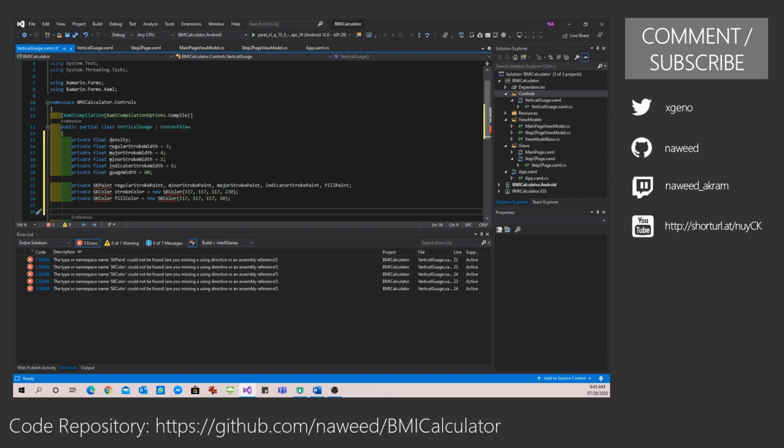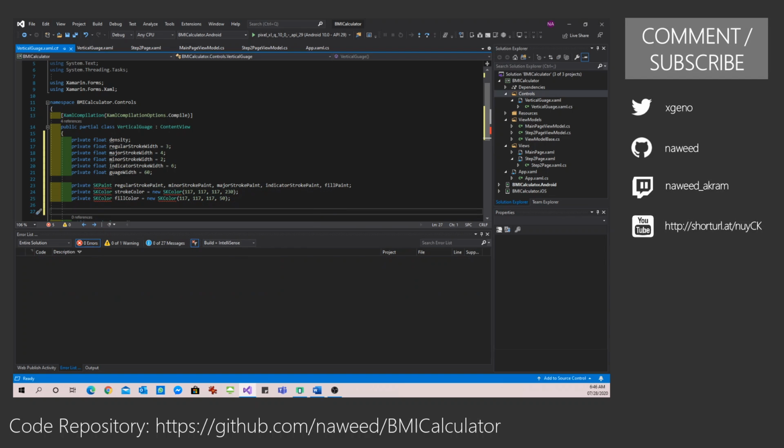We can translate it to the underlying density. Then I'm defining some variables for my regular stroke width, major stroke width, indicator stroke width. My gauge width is going to be 60, and then I'm defining certain paint brushes and colors.